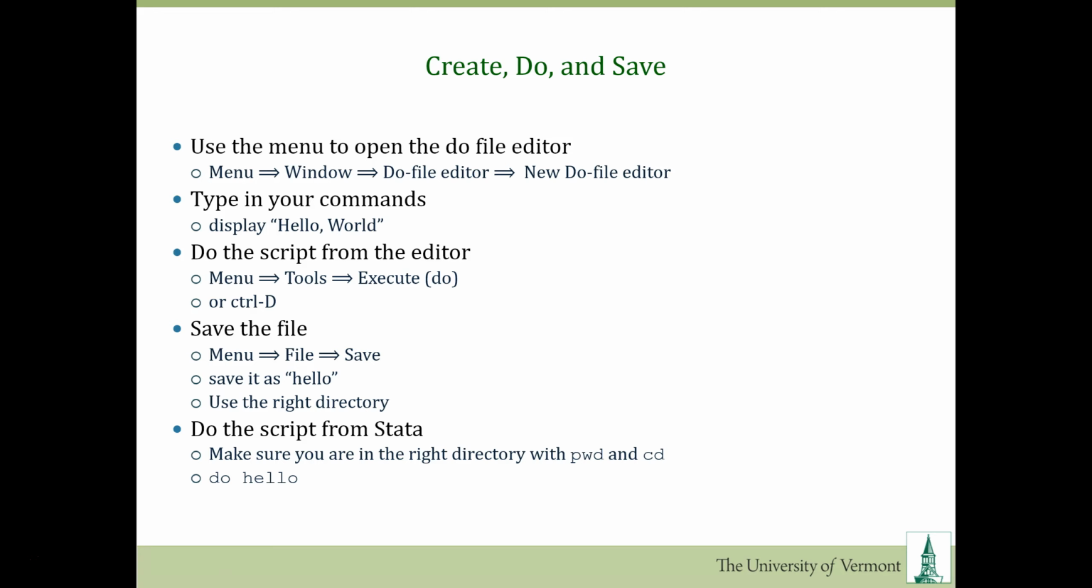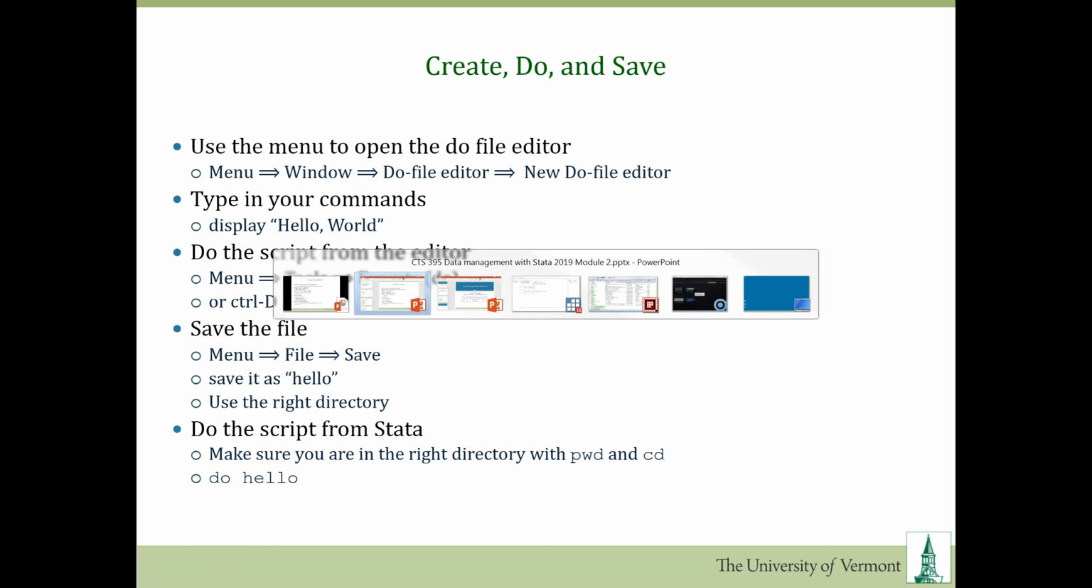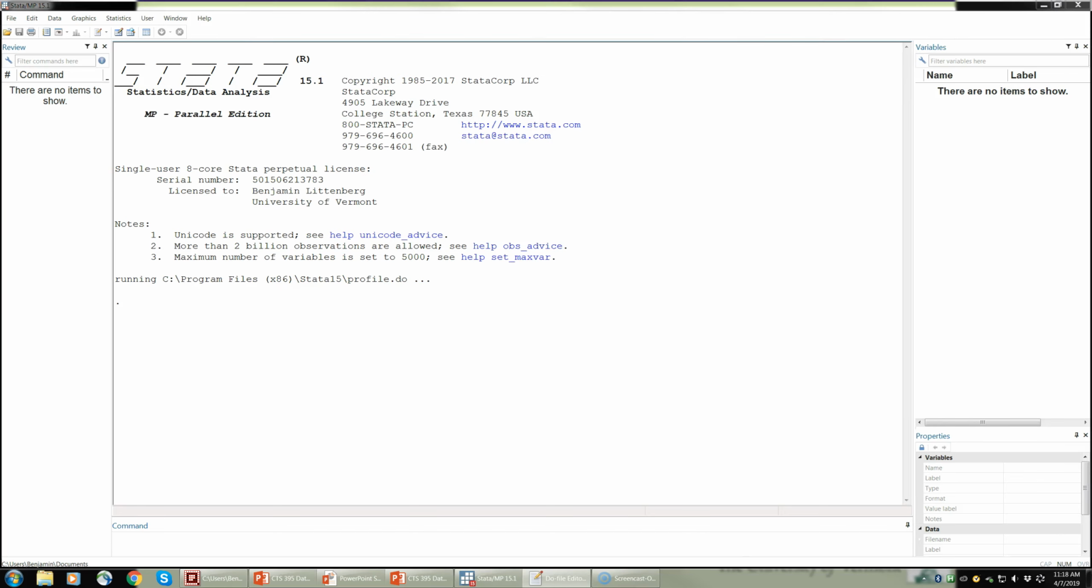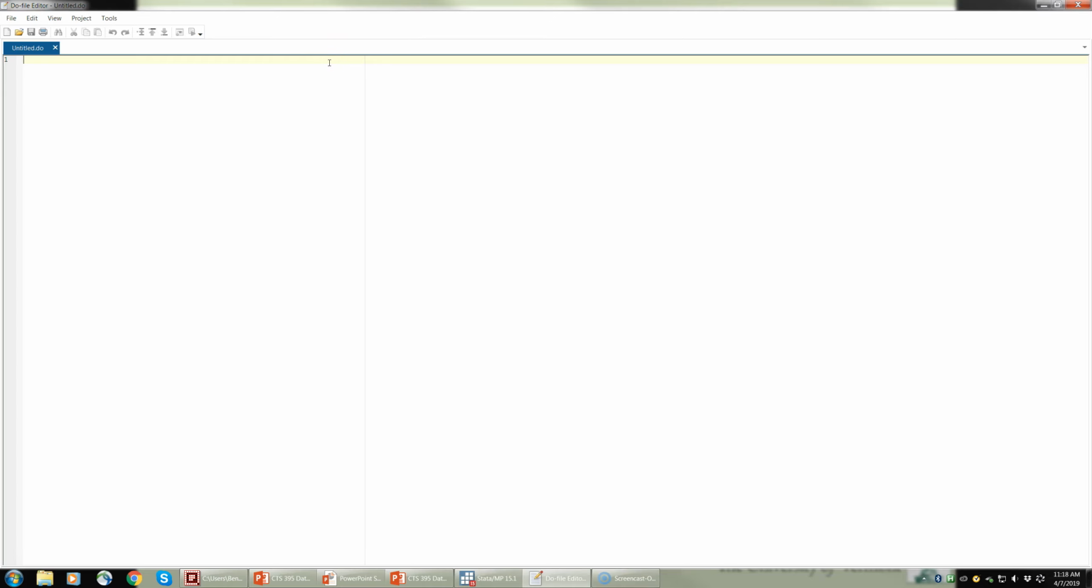So, the first thing we're going to do is go to the Stata window, and let's go over to the menu on the top here and open the Do File Editor. That'll be going to the menu, Window, scroll down to the Do File Editor, zip over to the right and hit New Do File Editor. And here's what you get now. So this is a blank